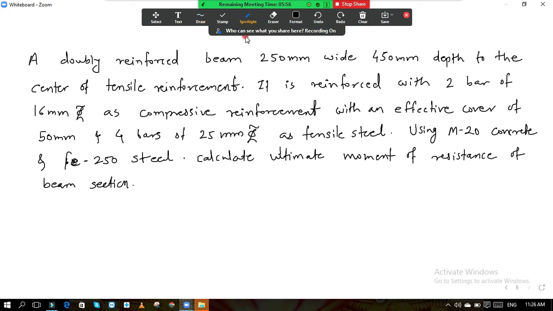Okay. So now we will read the problem and we will try to draw the diagram based on